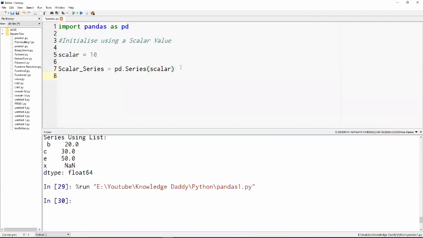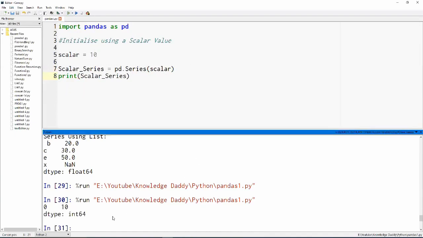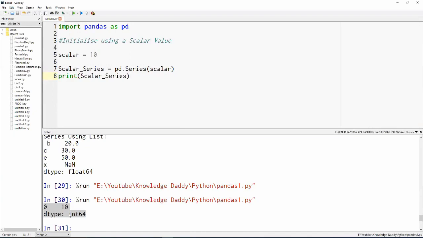Oh, we have not printed it. Print scalar_series. Once we do that, we see there is only one value, 0, 10, where 0 is the index position, 10 is the value, and the data type is int64. That's it, the scalar value works like this.